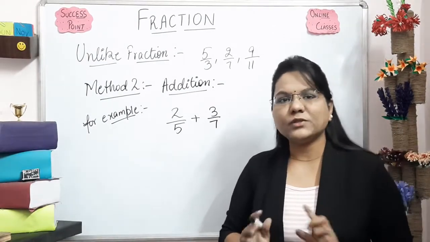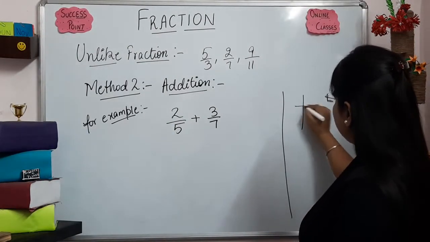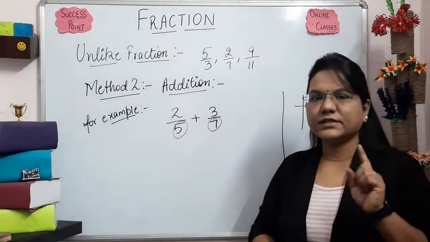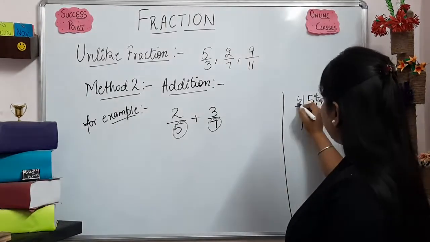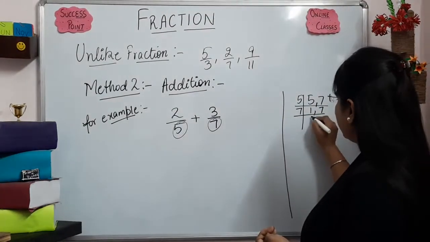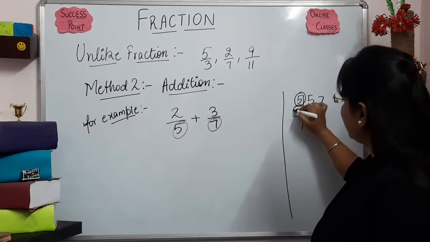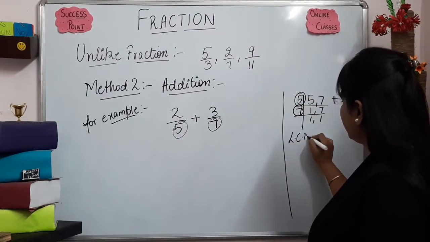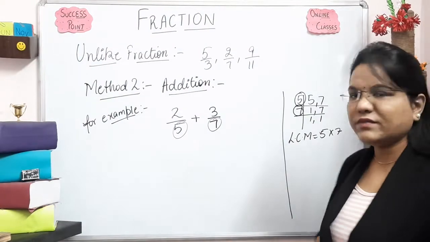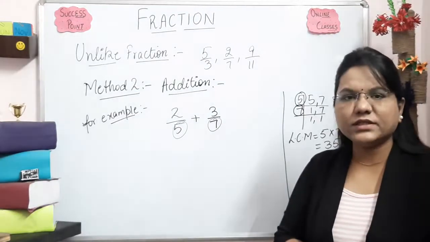Yes, the first step is always the same, that is you have to take the LCM. So the LCM will be, what are the numbers we have in the denominators? 7 and 5, correct. So 5 ones are 5, 7 will remain the same, 7 ones are 7. We are getting 1 and 1. So what is our LCM? The LCM will be 5 into 7. So what is 5 into 7? It will be 35. 7 5s are 35.